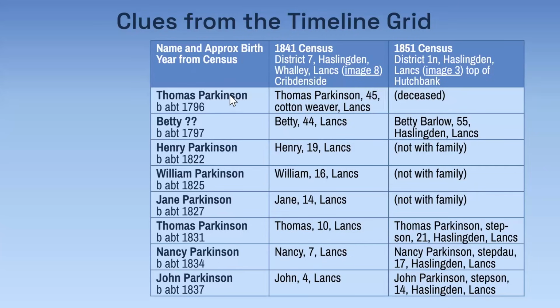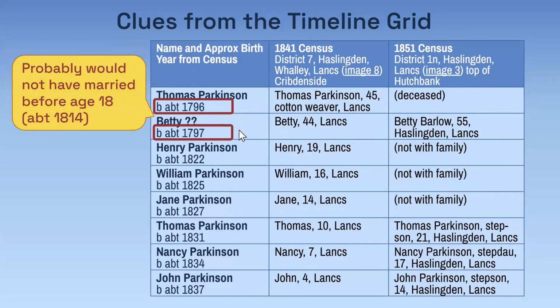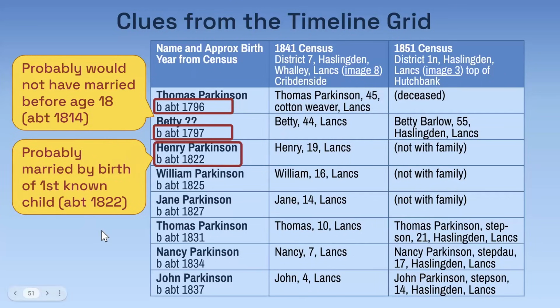So the first thing I want to do, I am very certain that Betty's maiden name is going to be on her marriage to Thomas. So let's look for that. Well, that might sound like a big ask, a broad ask, but we can narrow that down. We've got approximate birth years for both Thomas and Betty. Most likely they didn't get married before age 18. That would be very unusual. So we can start our search in about 1814 when they would have been about 18 years old, and they most likely married before the oldest kid. Not always, but most likely. So let's use 1822 as an ending range. So we're going to search from 1814 to 1822 for a marriage of Thomas to any Betty,